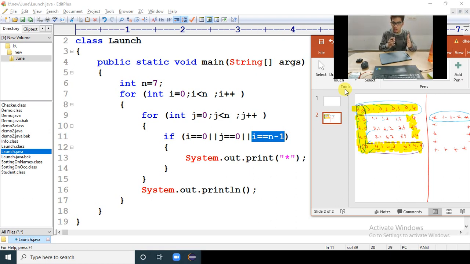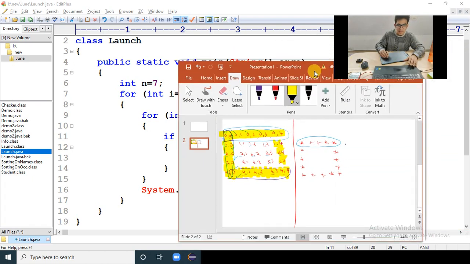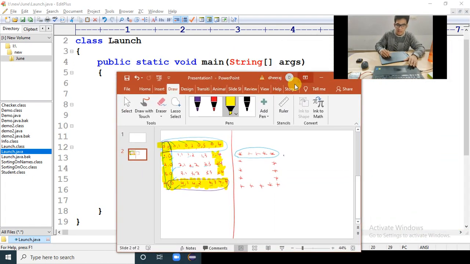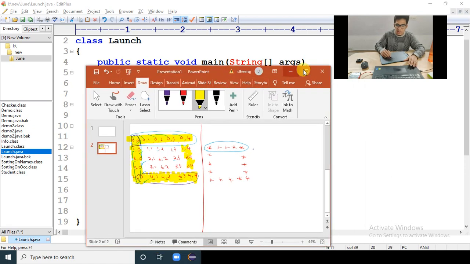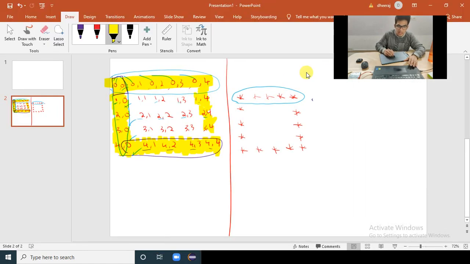If you write I equal to 0, it doesn't mean that it will print the 0th line first. After I equal to 0, you told j equal to 0. It doesn't mean that it will print j equal to 0 first. I'll tell you what is happening here. Control flow, I'll explain. But I hope you have understood here. Yes. So next we'll see what we have to do. This is very important. You will understand now. Don't you think we have to print stars here also?